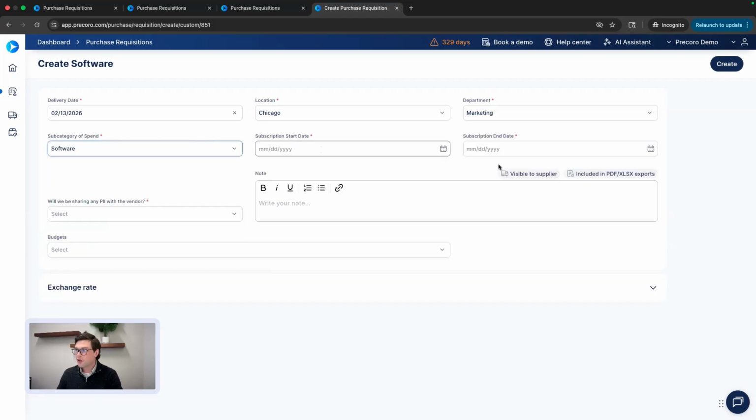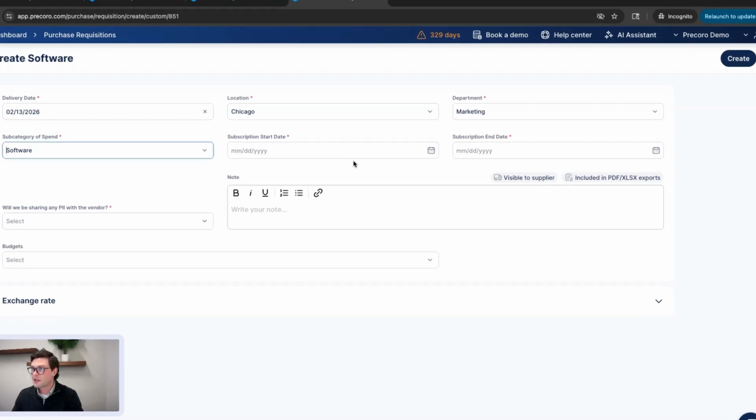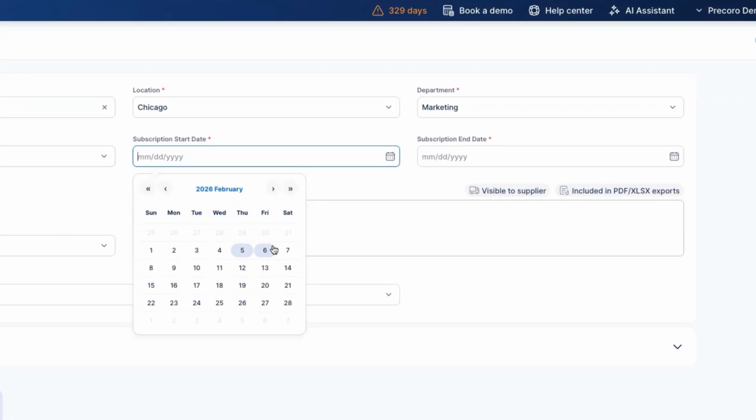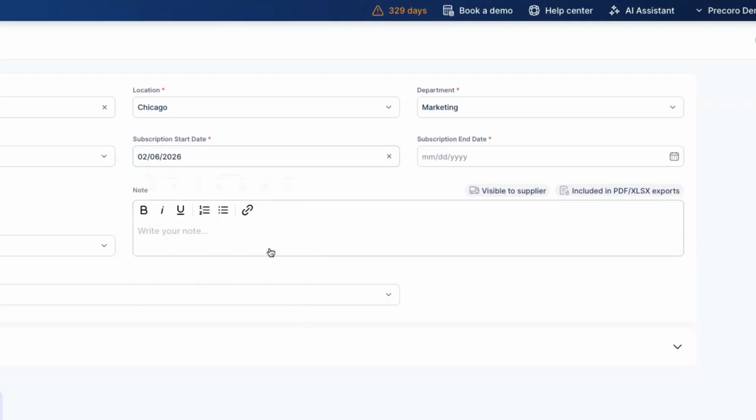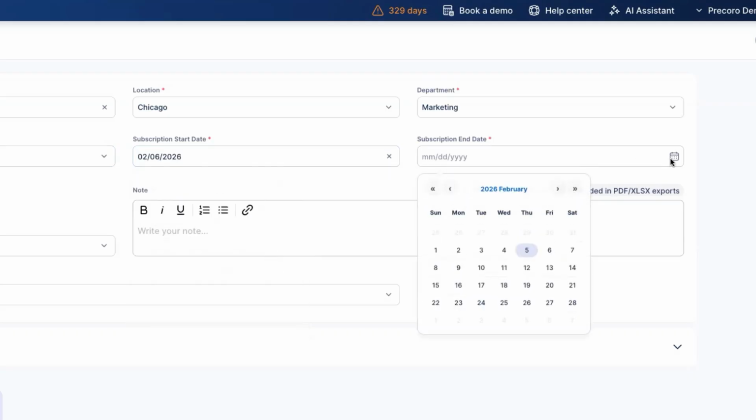And this is a conditional field that populates based off of the software subcategory of spend. This is relevant information for software and software only. Therefore, we want to make sure the right fields and the right questions are nested based off of the spend intake form. So we'll go ahead and put a software subscription begin date of tomorrow, Friday,